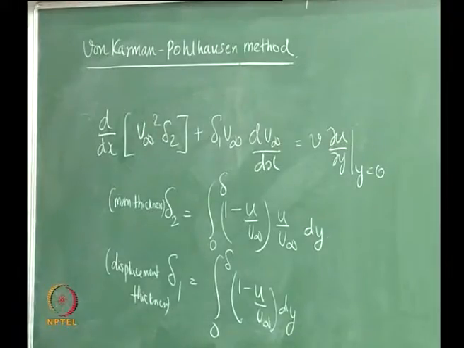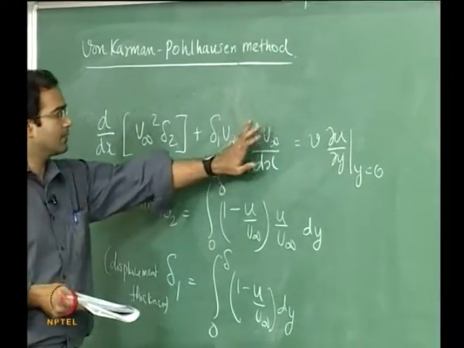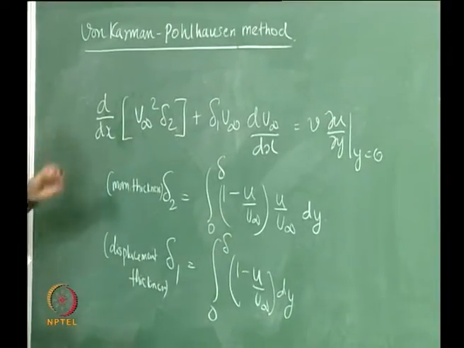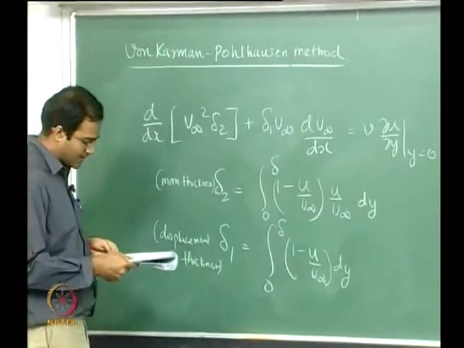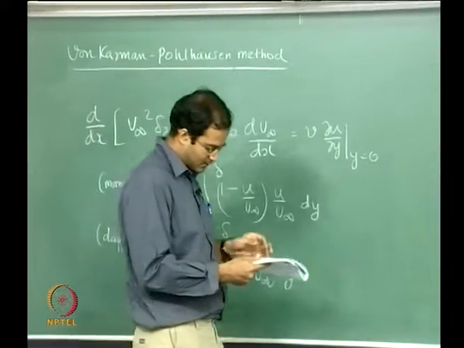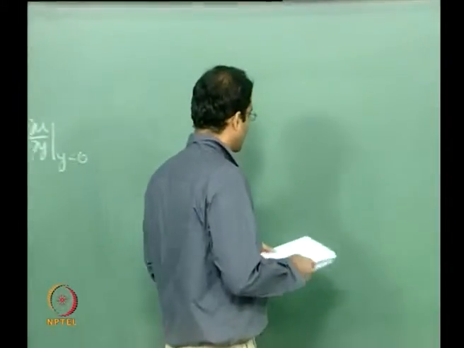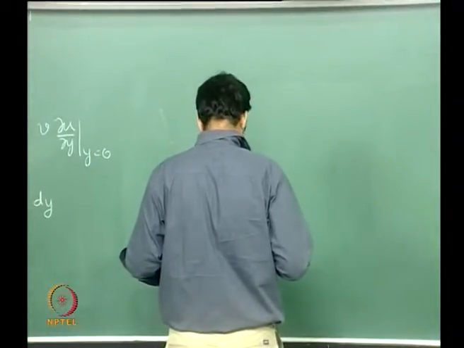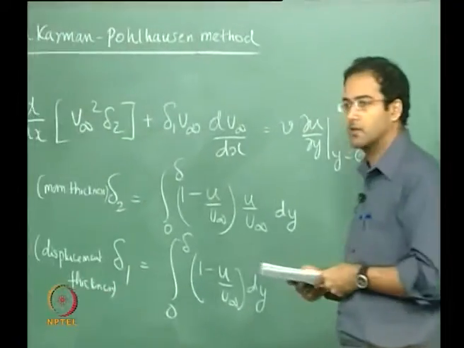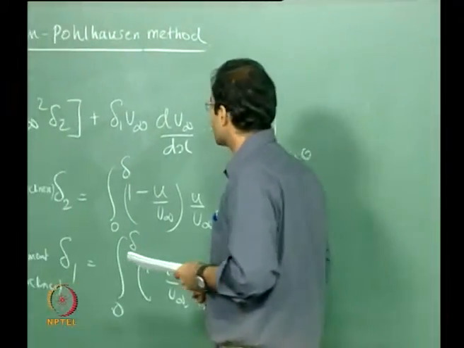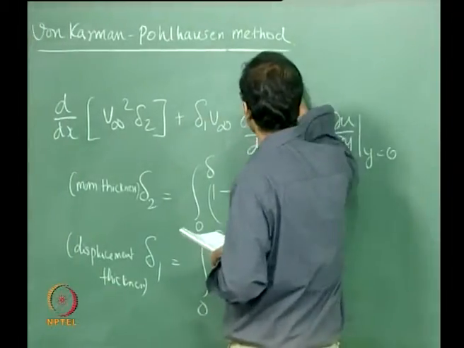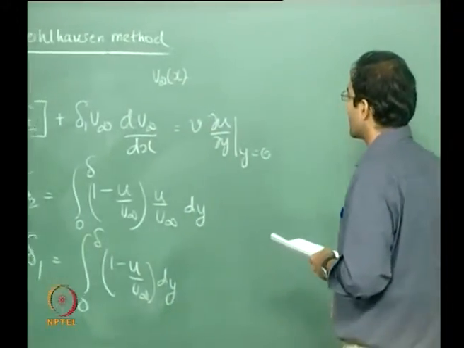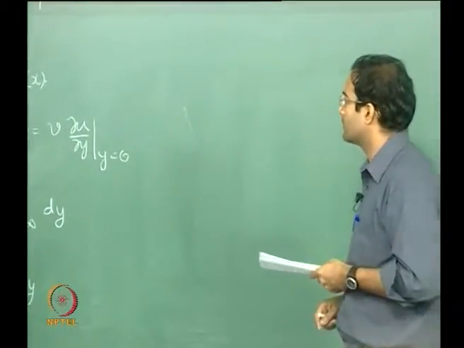In the case of the Blasius solution we ignored this term, and then we simply had only the momentum integral, and then we substituted the approximate profile and integrated it out. In this case we have to also retain the term which includes the displacement thickness. Now the next step is to make a guess for the approximate velocity profile. We have included this term because u infinity is going to be a function of x. So this includes any general case including the Falkner-Skan wedge problem.